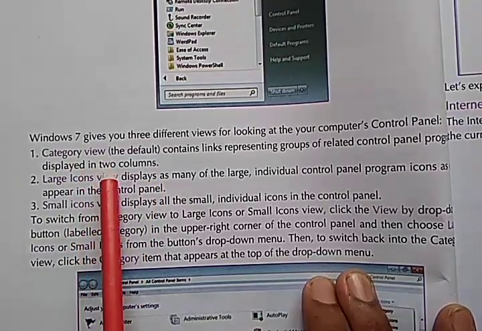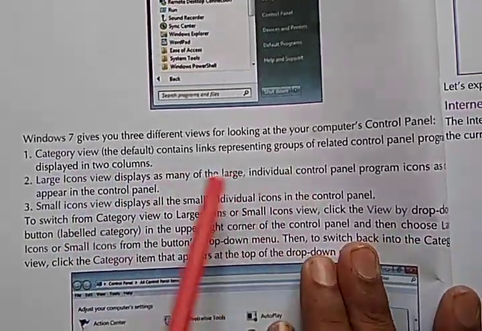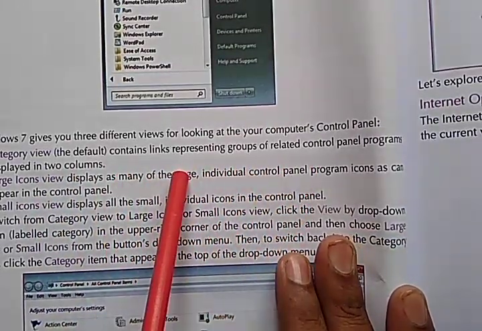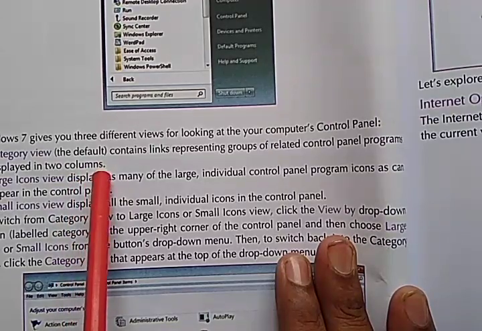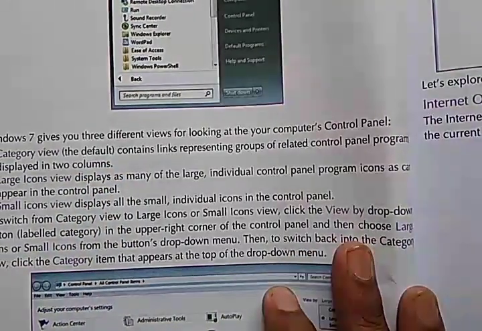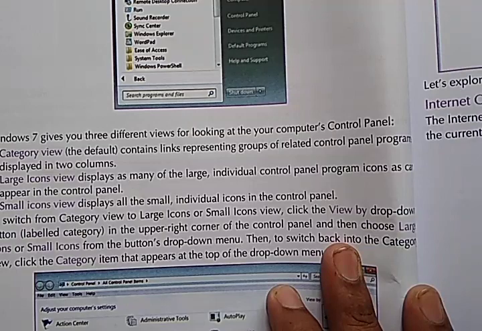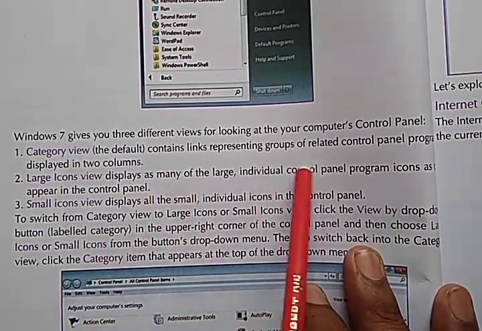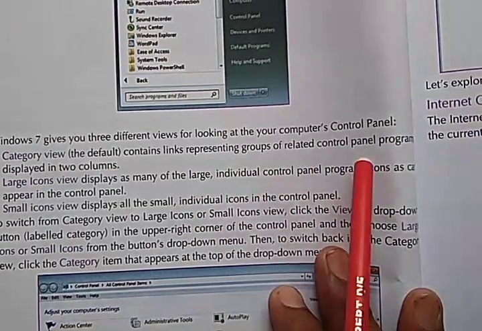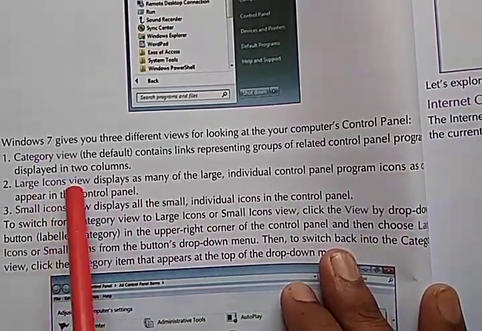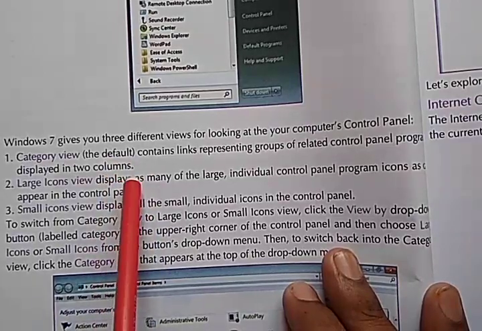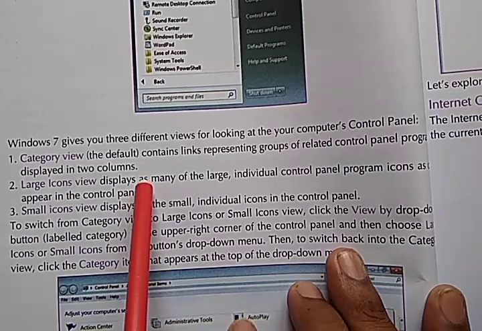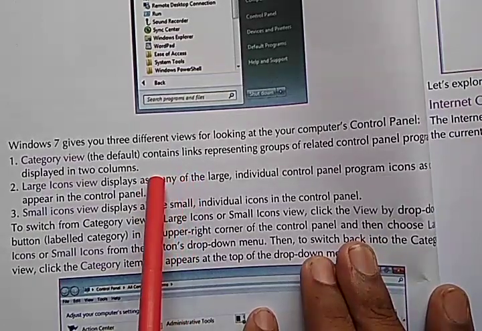In category view, you can see your files or folders displayed in 2 columns. It contains links representing groups of related control panel programs. So you can see some icons or folders.